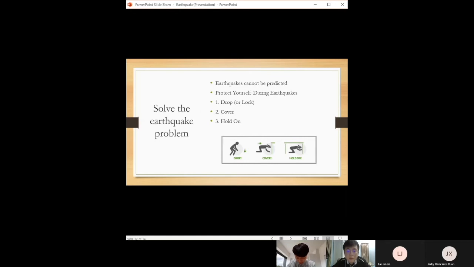Taking the proper action, such as drop, cover, and hold on, can save lives and reduce the risk of injury. Everyone should learn and practice what to do during an earthquake, whether at home or work. Many earthquake-ridden countries teach people this action because it is the best way to protect yourself during earthquake shaking. The first one, drop. Wherever you are, drop down to your hands and knees and hold on to something sturdy. If you are using a wheelchair or walker with a seat, make sure your wheels are locked and remain seated until the shaking stops.